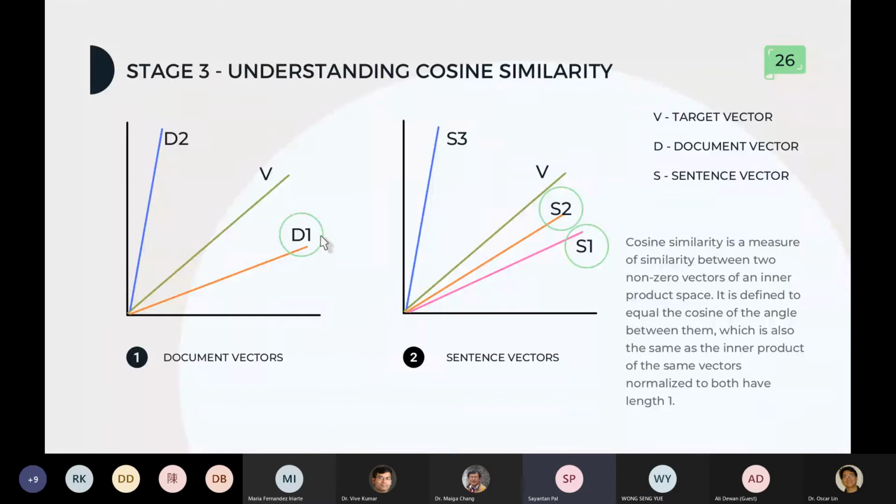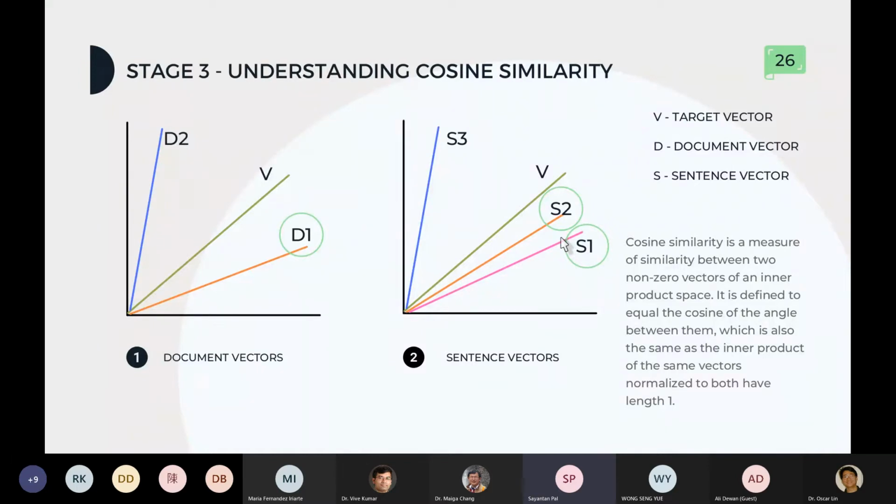Then within D1 we have that V vector, the target vector, and we have S1 and S2, which have the least angle, so they are the closest, and accordingly the cosine similarity score would be close to 1. So we are picking S1 and S2, and concatenating these two.